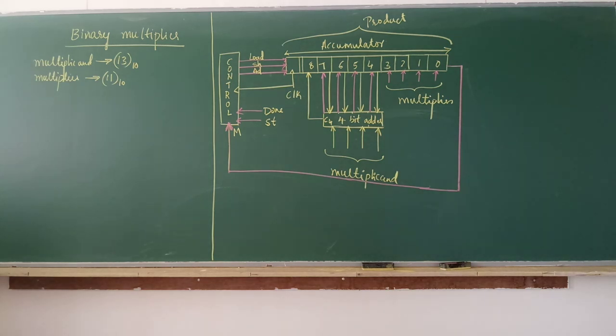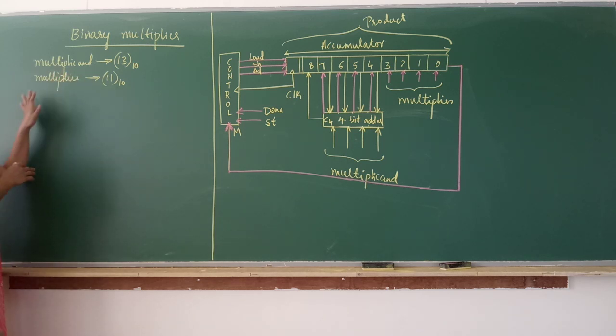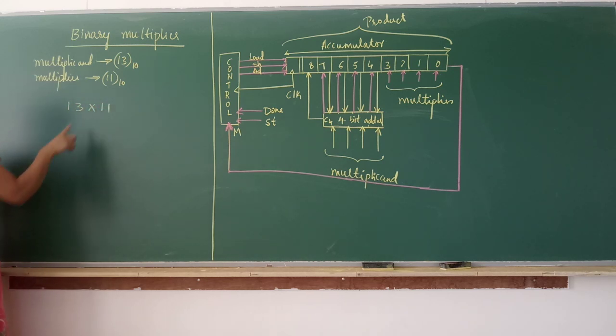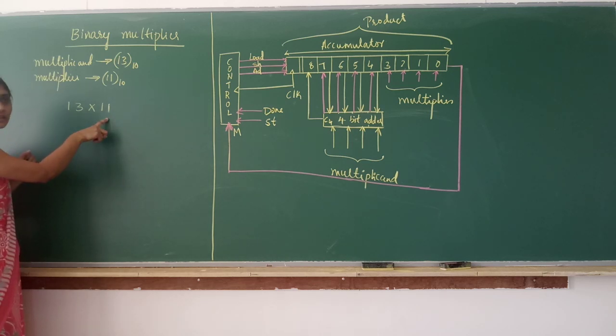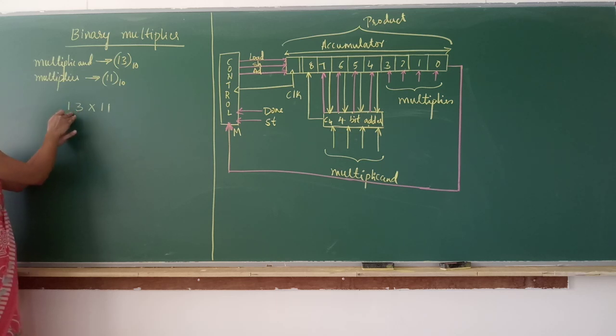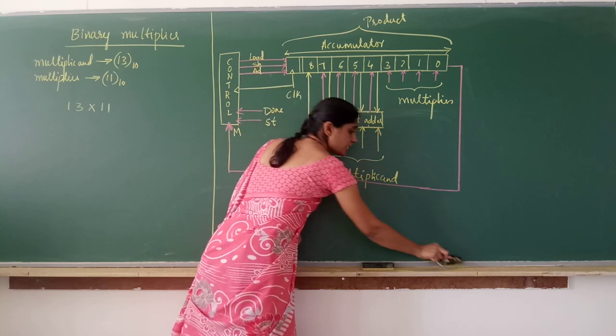So binary multiplier, okay. Binary multiplication we already learned in basic electronics, right? So how exactly do we do binary multiplication? See, one number will be taken as multiplicand, the other as multiplier. For example, if I am multiplying 13 with 11, this will be the multiplicand and this will be the multiplier, right? You know how we do decimal multiplication. The multiplier 11 is multiplied with each digit of the multiplicand: 11 into 3, then 11 into 1. Then you add those results. The same way we are going to do binary multiplication also.